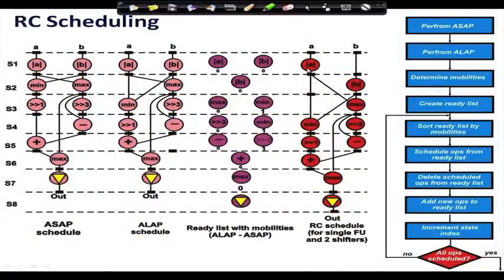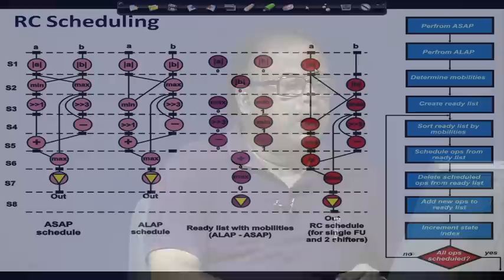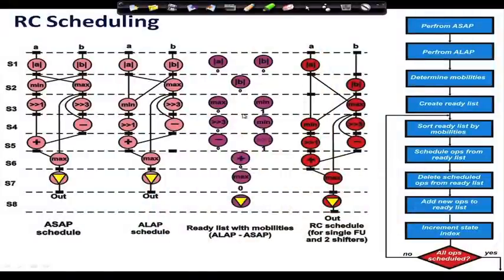Given that resource constraint, my schedule will vary. If I had two multifunction units, then my schedule would have differed. So, here A is scheduled and B is ready, B is scheduled here. Now, you see that I am showing the mobilities here, min has got a mobility 1. So, after that max is scheduled here and min therefore comes here, and 3 is scheduled, and now I have to do min, because otherwise I cannot schedule this shift.